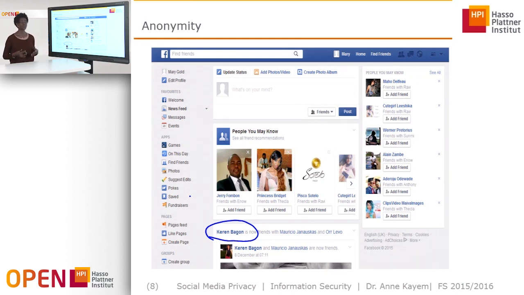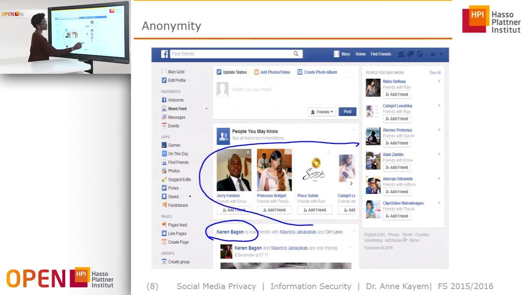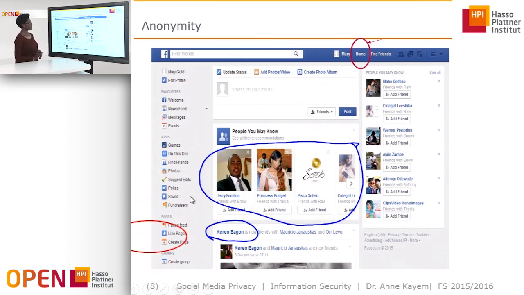And because of the social engineering aspect of social networks, there are other propositions of other friends whom Mary Gold can contact to become friends with. And she does that and becomes friends with them, looking, for example, at her homepage and deciding which one of these people she might be interested in. And eventually, she can go on to create a group that allows her to contact all of these people.